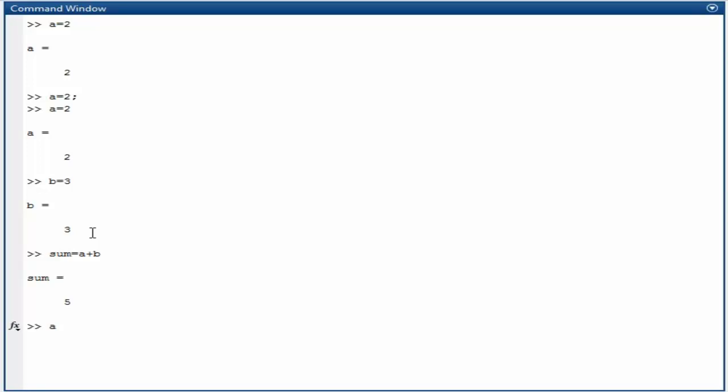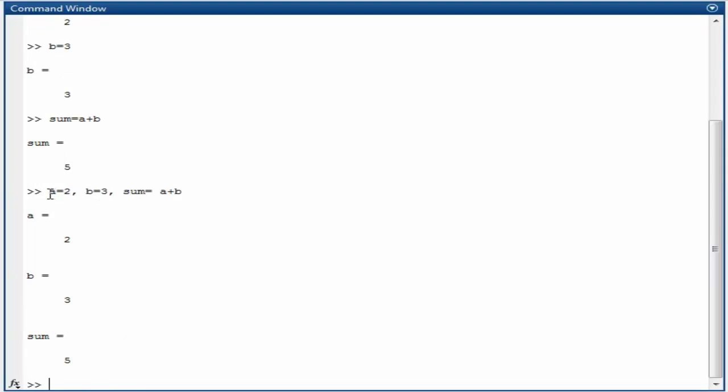For example, I type a = 2, then b = 3, then sum = a + b. Now these three commands are typed in a single line, but the problem is that it shows the output here. To suppress this output, I have to use the semicolon at the end.